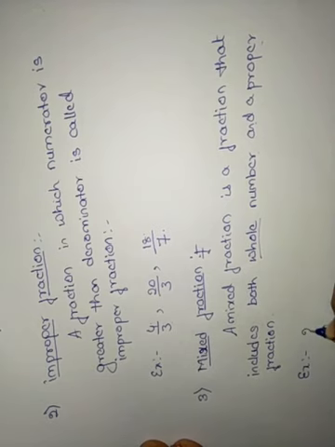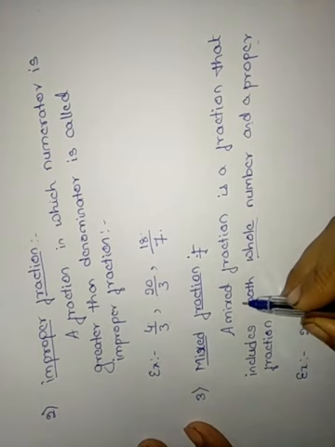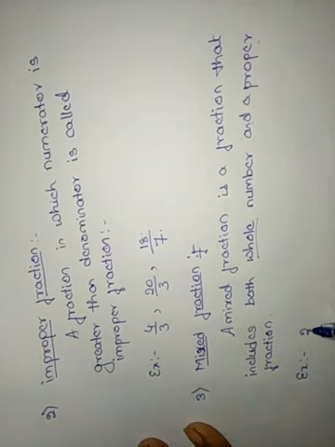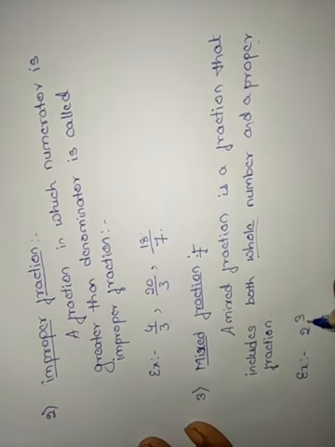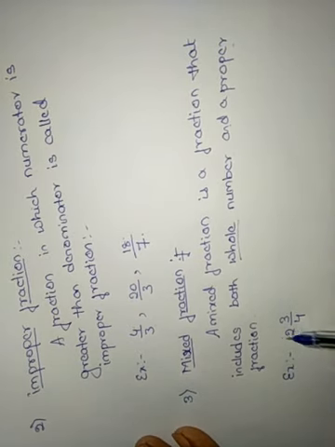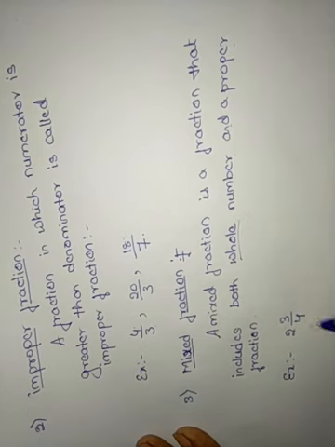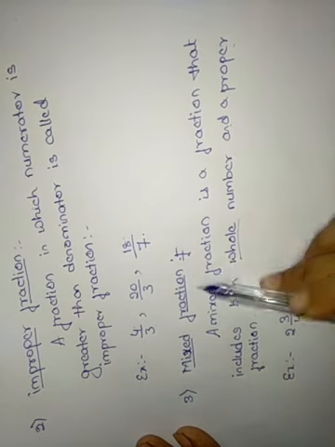We'll take 2. 2 is a whole number, right? For that, as I told, a fraction which includes a whole number and a proper fraction. Proper fraction means the numerator is smaller than the denominator, right? We can see that. Thus, this is the fraction which contains both, means whole number and a proper fraction. Such type of fractions are called mixed fractions.